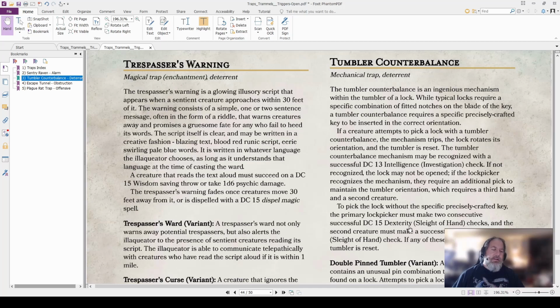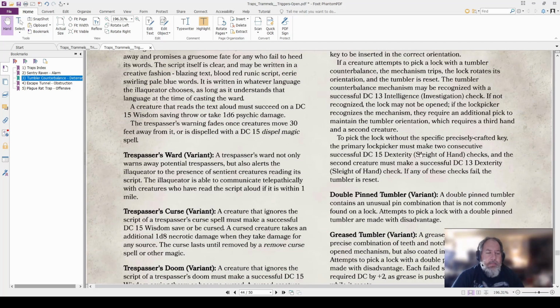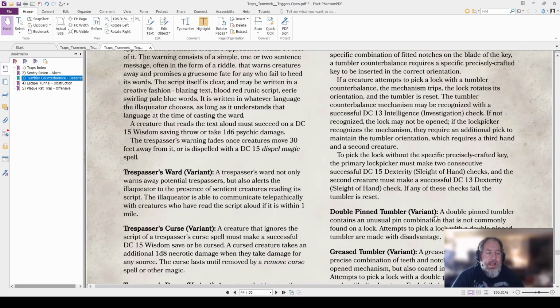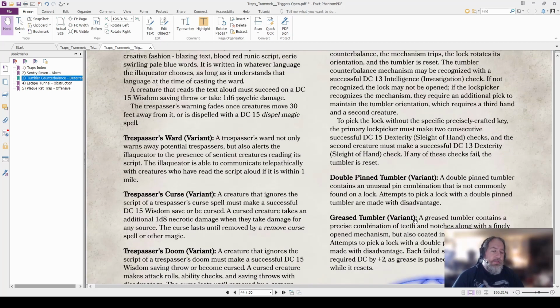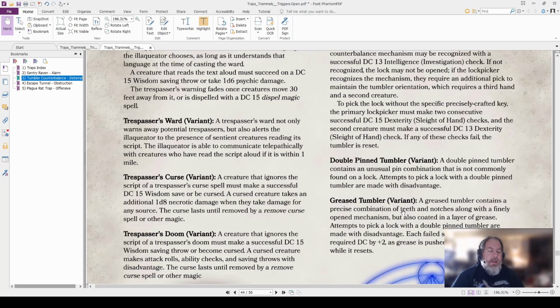So it's one of those things that it's going to eventually get through and solve, but it requires a little bit more than just standard lock picking. A couple variations come with this one. In this case, you can make the trap a little more difficult by making the double pin version. All the attempts are made with disadvantage. Then this greased version is one of those where, given time, anybody can pick any lock, right? So this makes each additional attempt